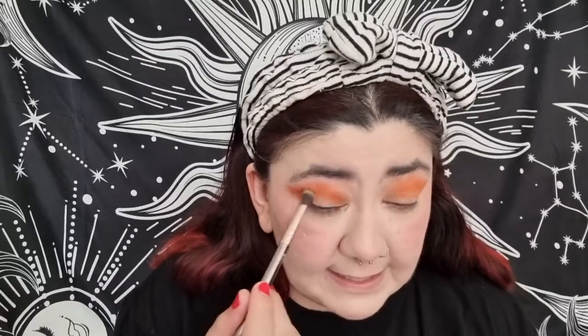And so far, you know what, this one shade is pretty good. I don't know if the P. Louise base is helping, but it's definitely very bright. So now I'm gonna go in with one of the nuder tones. I'm probably gonna go with this shade and just blend that in. I'm not doing anything too crazy today because